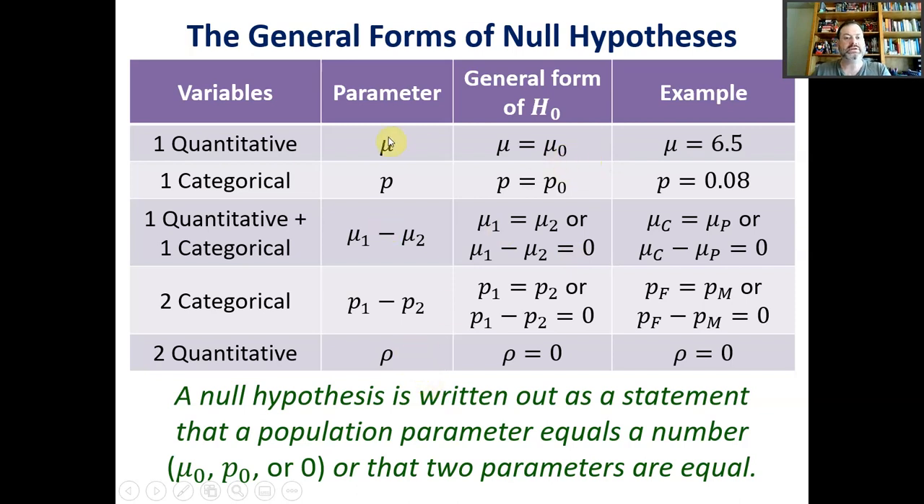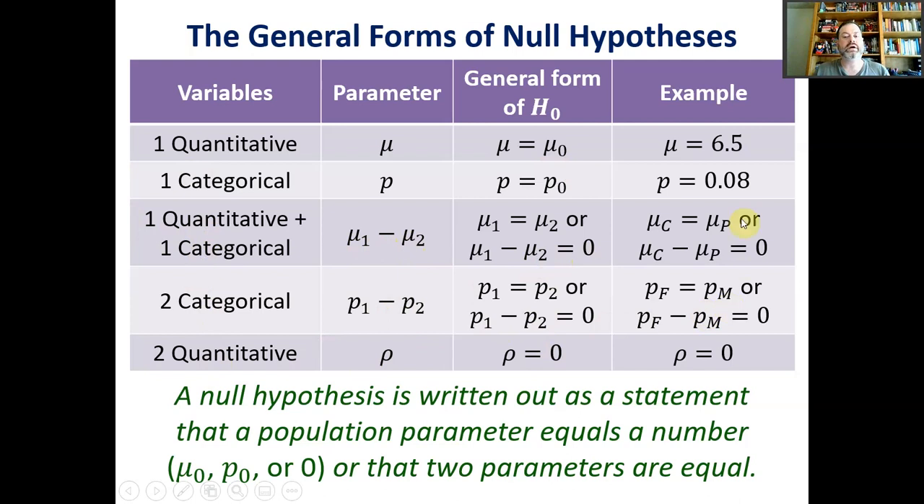The only difference are the single variable ones. So notice these 3 here have two variables. If it has one variable, quantitative or categorical, then you have to write the parameter equals some other number. It could be 0, but it could be a different number. But if there are multiple variables, one quantitative, one categorical, two categorical, or two quantitative, you just write your parameter, set it equal to 0,